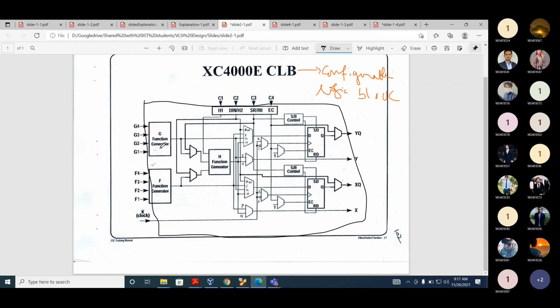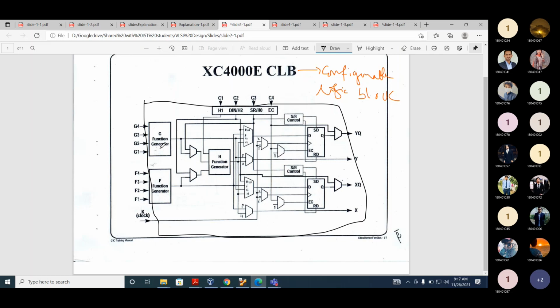So these are the inputs. What are the outputs? YQ, Y, XQ, X. YQ means sequential. Y means combinational. Okay, you got it? These are just naming conventions.